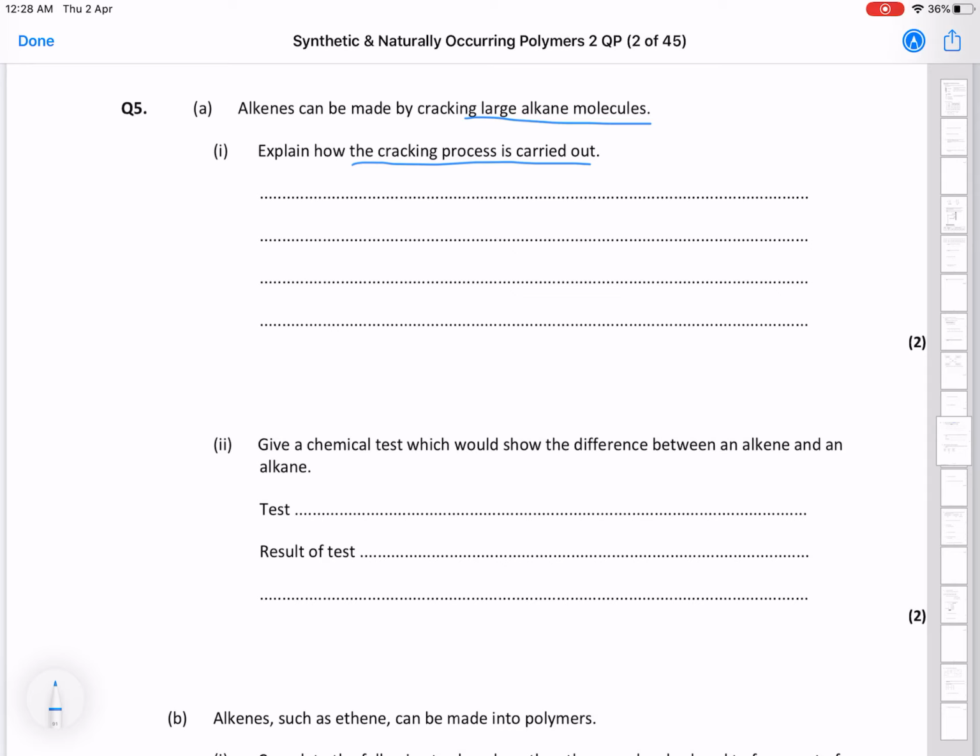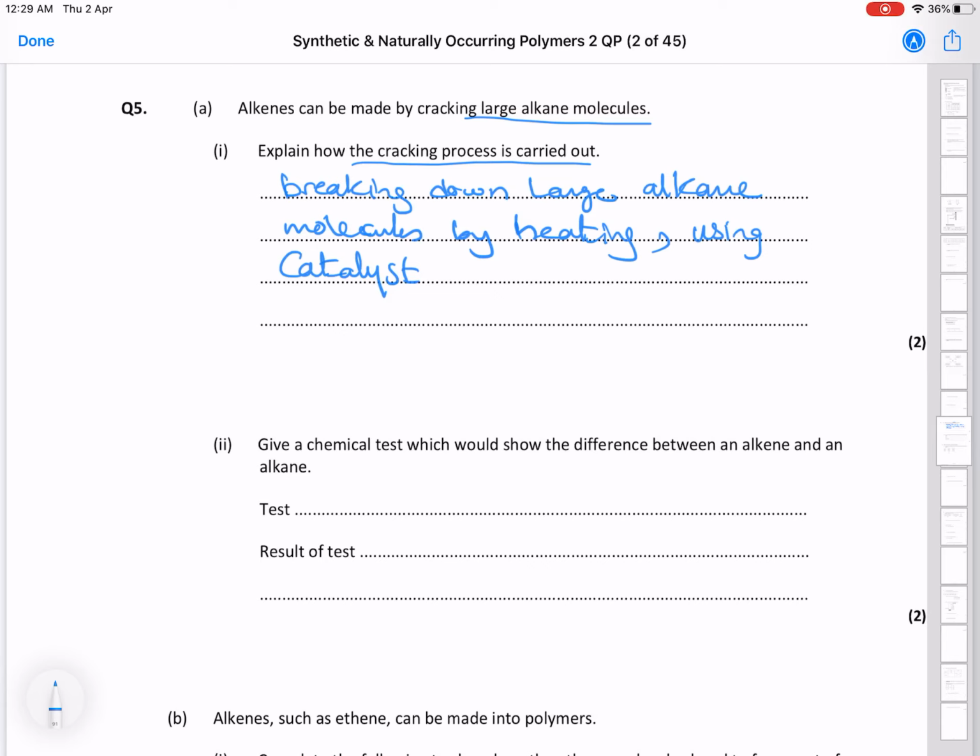Mainly, cracking means breaking down. So mainly we are breaking down the large alkane molecules by heating, okay? And we just use regular pressure. We don't really need to put too much pressure into this reaction. With that being said, we then have to use a catalyst, to speed up the rate of the reaction. This catalyst could be porcelain, could be aluminium oxide, okay? So I would say aluminium oxide, or it could be porcelain,